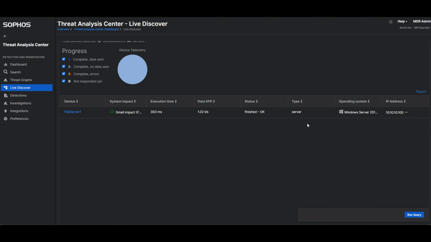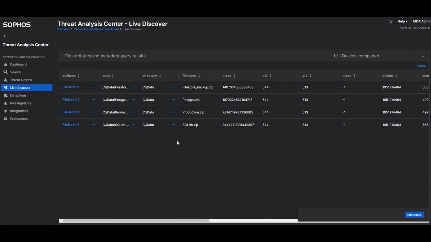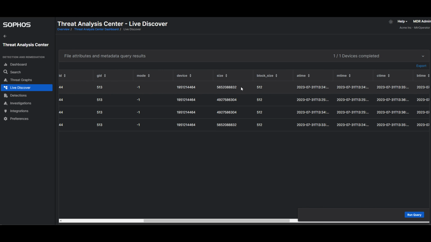So that query returned some data. Let's go up and see what it found. And we can see that there are 4 files within the data directory. And if we scroll over to the right a little bit, we can also see the size here. So it's in byte format. Hasn't been converted to gigabytes, but we can take a guess. This looks about 5.5 gigabytes. This is almost 5, and then 5.5. So a significant amount of data within this directory.